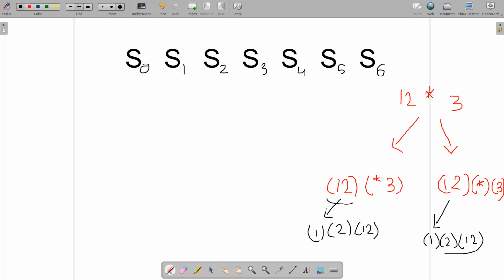If you solve for this particular substring, you are solving it more than one time. When it reaches this state, you need to solve for this 12, which is a substring of this one, and when you reach this other state, you need to solve for this 12 also. It means that there are overlapping subproblems. We need to compute each subproblem exactly one time, and we manage that with dynamic programming. We first solve for this 12, and then build up the entire number of ways to decode the whole string.